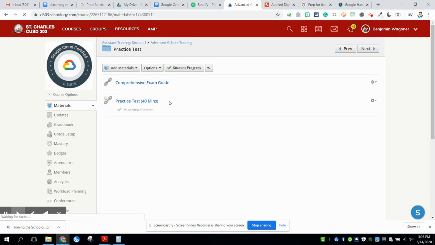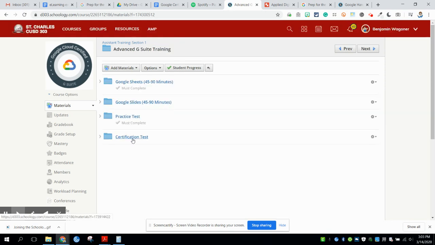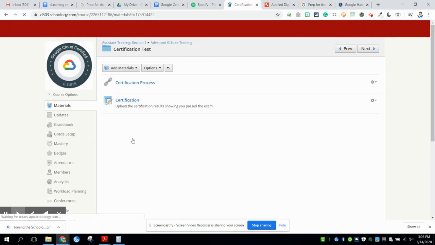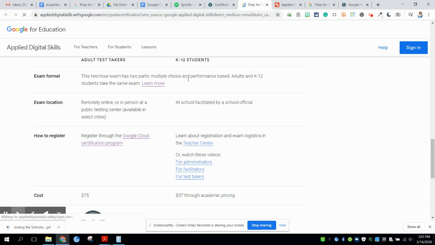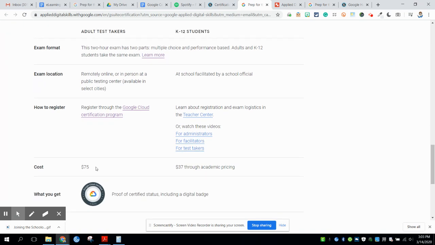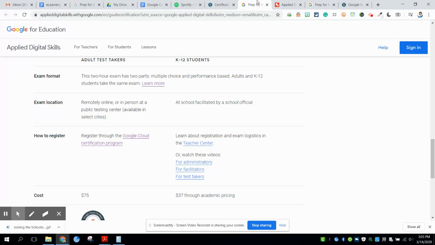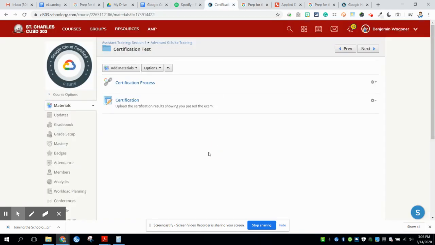And then finally, when you're ready to take the certification exam, you'll have to click on Certification Test. You will click Certification Process. In this new tab, it is going to show you that you'll need to register for the Google Cloud Certification Program, and you'll need to talk with your building principal about getting the $75 paid and how they would like to do that. After we're done, we do ask that you download your certification or when it's emailed to you,